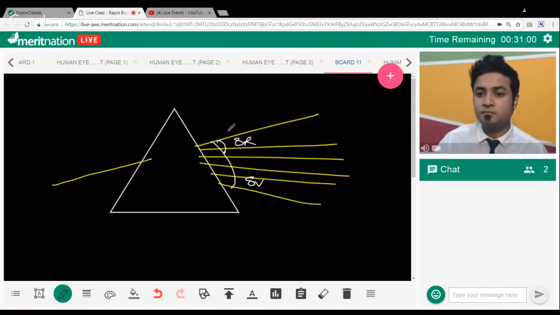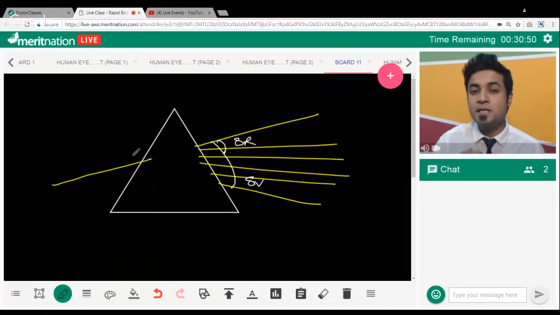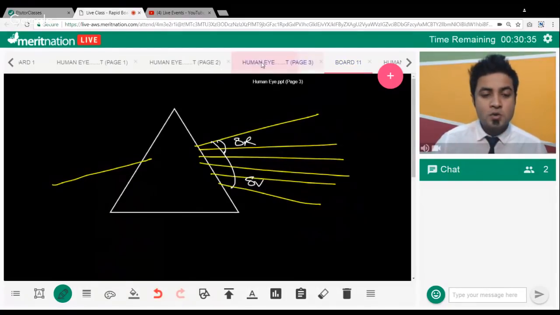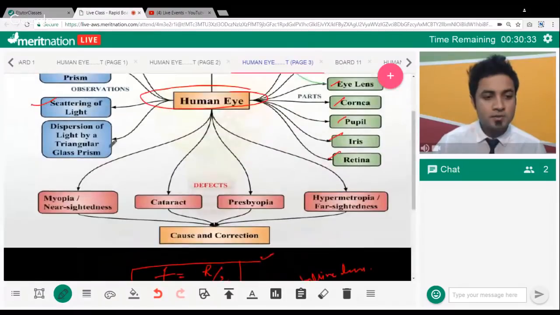Okay, what is the difference between refraction of the light in the prism and the rectangular glass slab? In the case of the prism, what is happening? The light is going to disperse in seven colors. It is splitting up into the seven colors. But in the case of the glass slab, it is again coming out as a single white light. This is the difference between the glass slab and the prism. Okay, Navina? Okay, so this is the